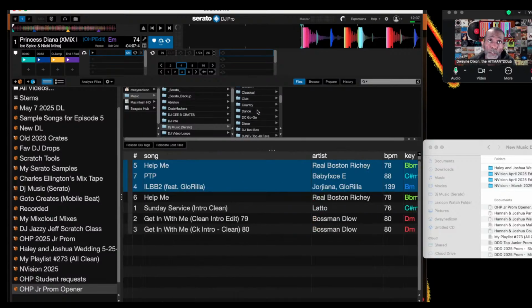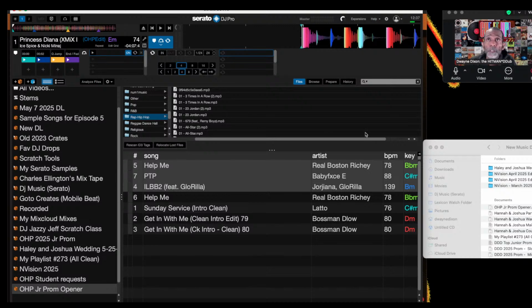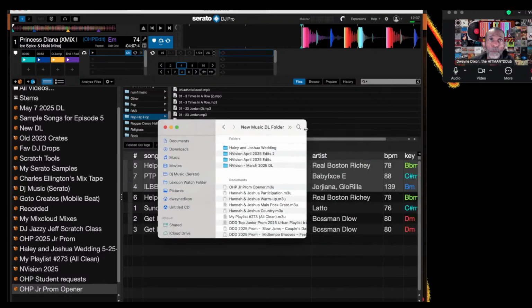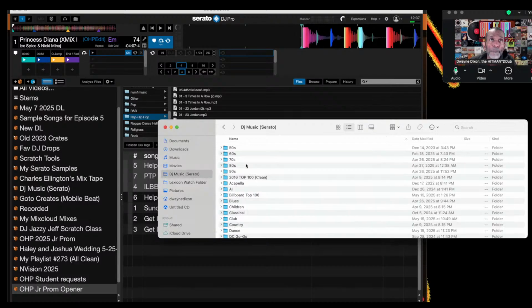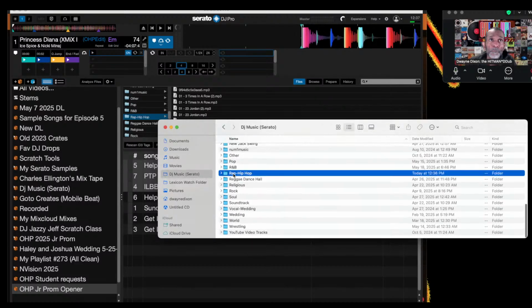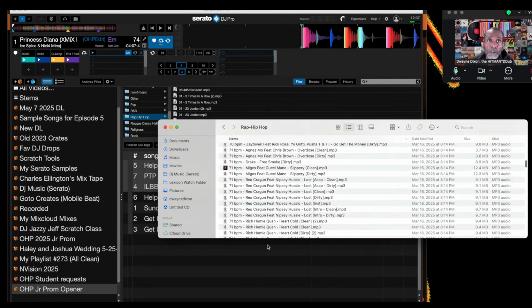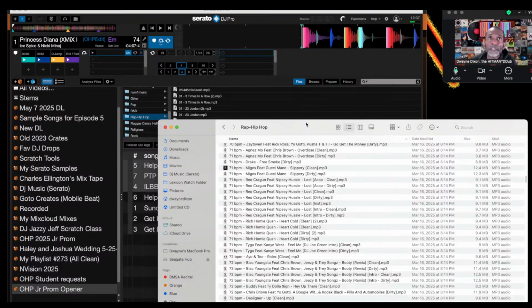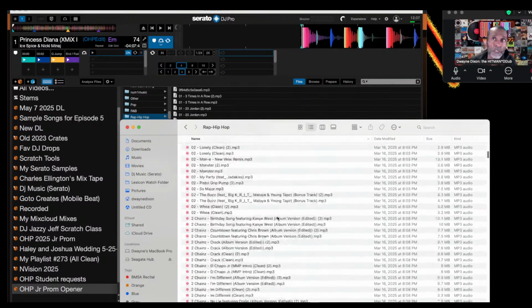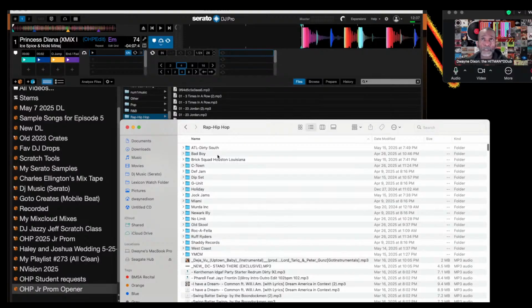Under rap songs, I also have subfolders for the rap. Under rap songs, I have my rap songs categorized. It's probably easier if I showed you here. So if I go to rap, like Kendrick Lamar, any songs I downloaded from him, I'll put a tag to it. So these are the different types of rap songs I have. So for rap, I have all my ATL, Dirty South songs, Bad Boy songs, Brick Squad, Houston, Louisiana songs, C-Town,